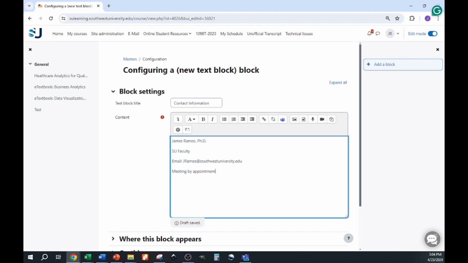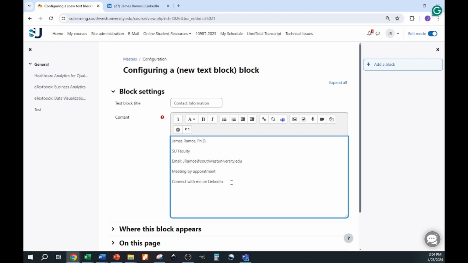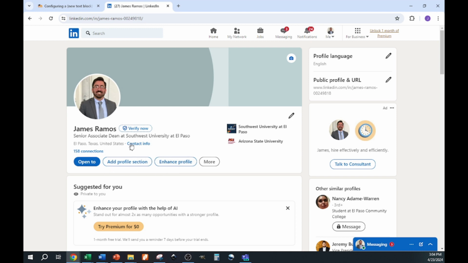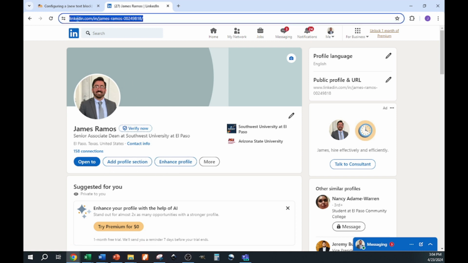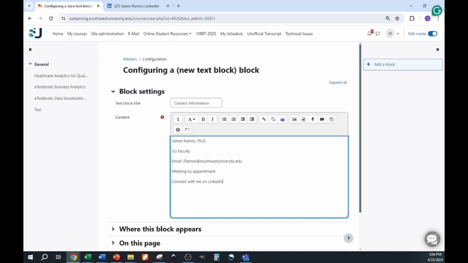schedule an appointment. Something else that I like to add into these, especially for our online programs, is a way for students to connect with us in a different way. One thing that we're using in the online programs is LinkedIn to help the students connect with us. So in order for students to connect with you on LinkedIn, go to your LinkedIn page and copy the URL link for your profile. Then highlight this whole text here, and up here